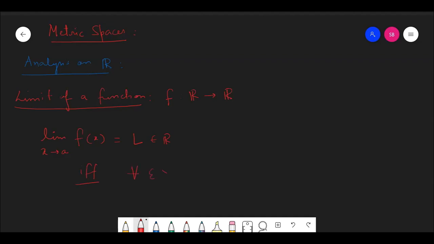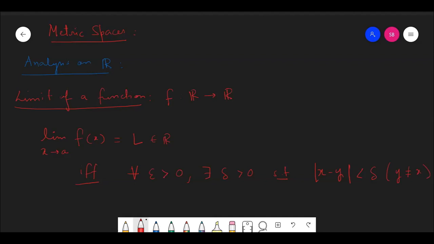For all epsilon greater than 0, there exists delta greater than 0 such that |x minus y| less than delta, and here we need to have y not equal to x,